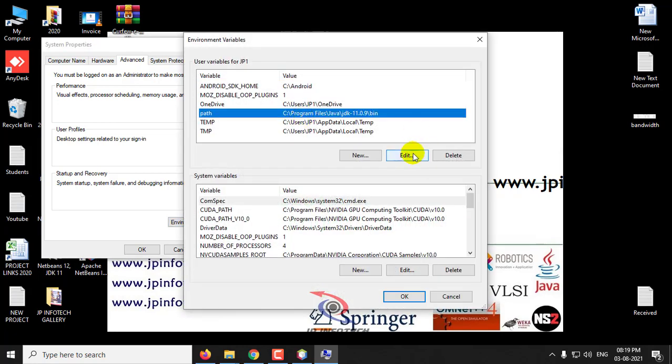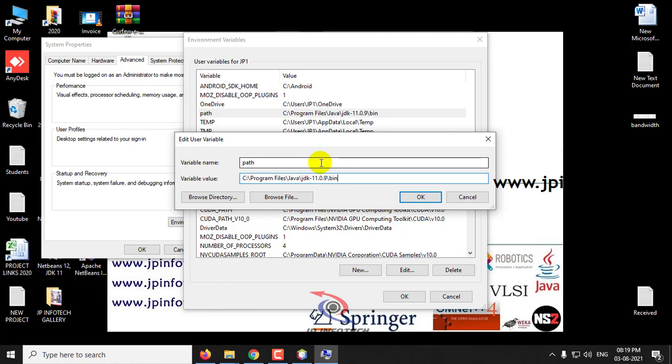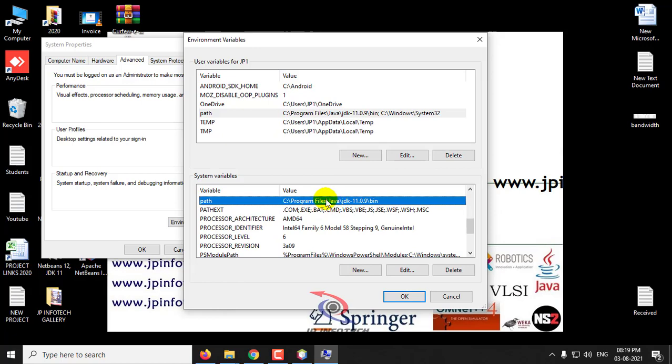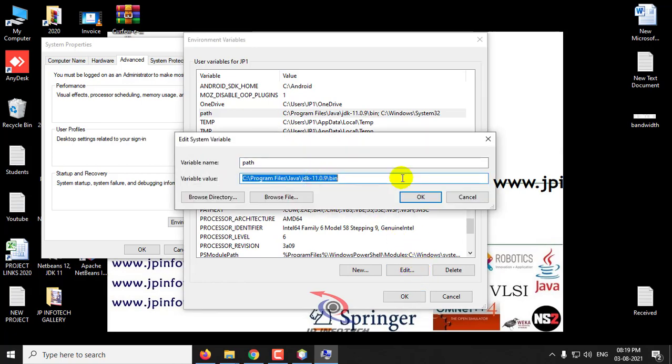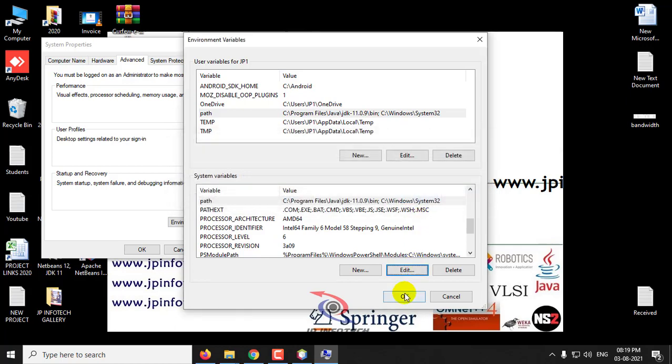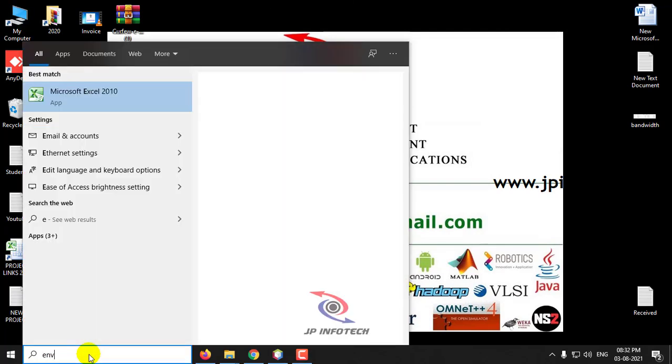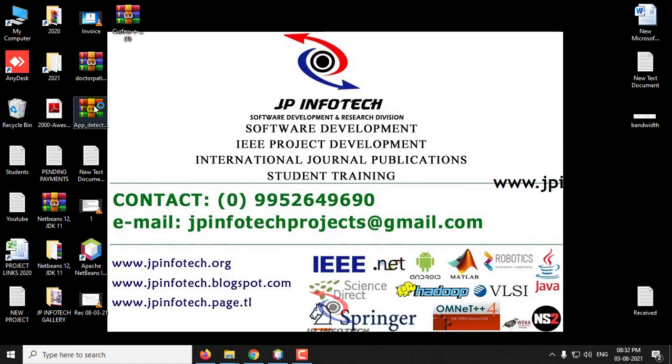There in the path, let me add it here. Let me give a semicolon and add it here again, system32, and then same in the path, let me add this one by clicking a semicolon and then paste the location, click OK, and then click OK and click OK here. So now in case the error is still not cleared, just go to environment variables again.